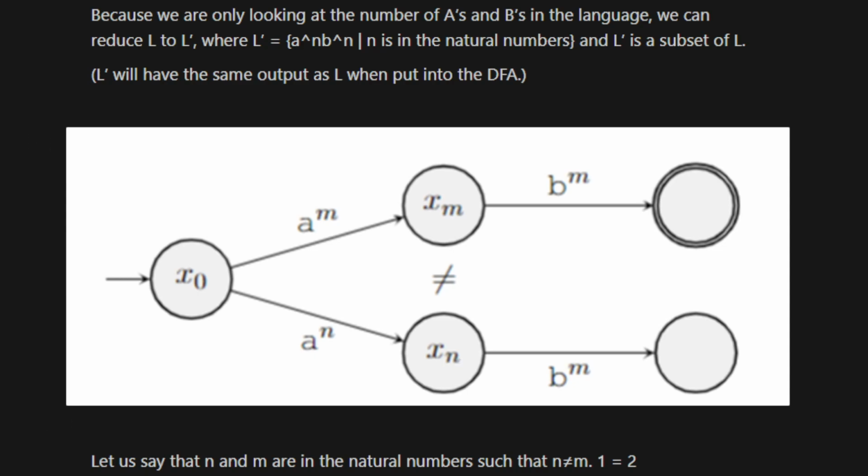So for example, if I take the DFA for A star, technically it would just look like this. So if I just draw that,